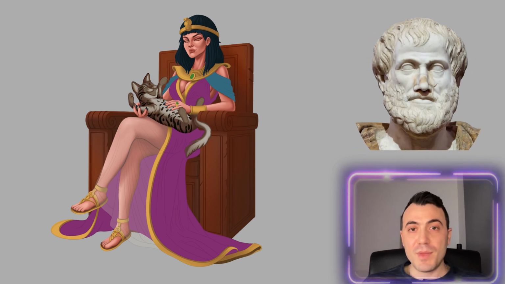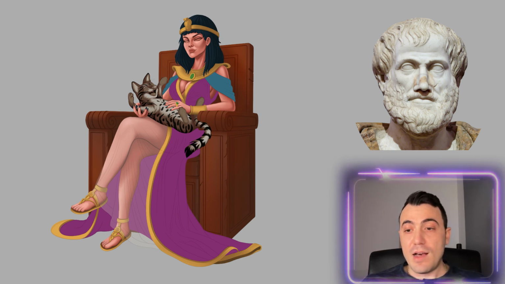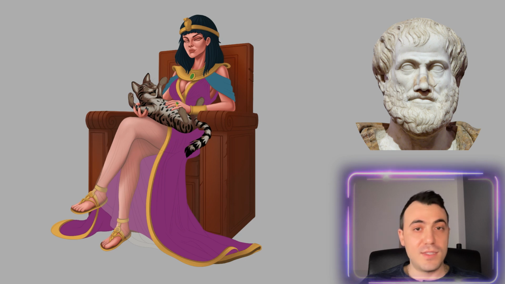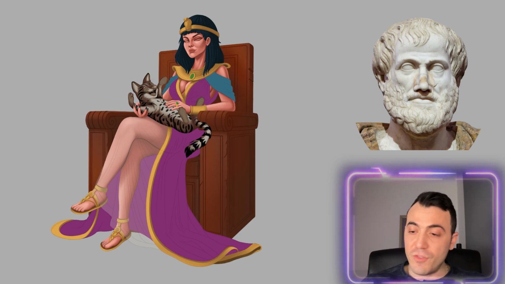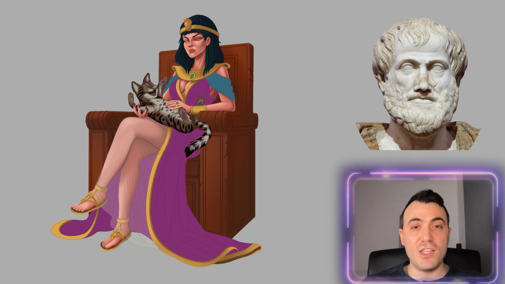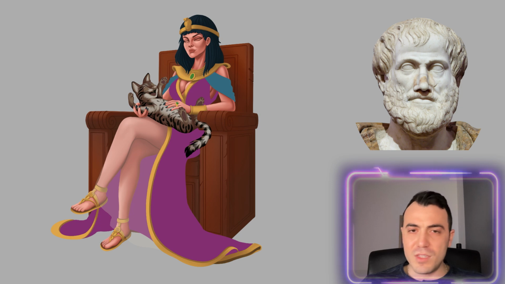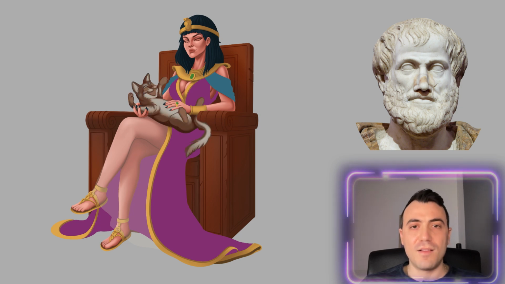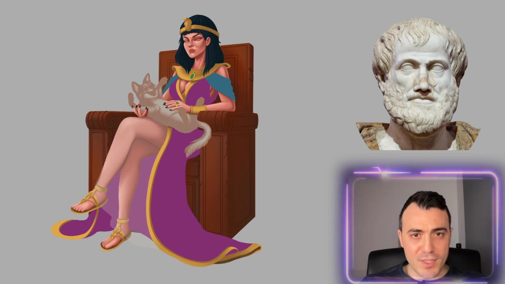Through the Aristotelian perspective, I have an objective. I want to create a female character. I write it down with bullet points, step by step. I want to create a female character from ancient Egypt with these proportions, with this art style, with this posture. And I'm going to start step by step.